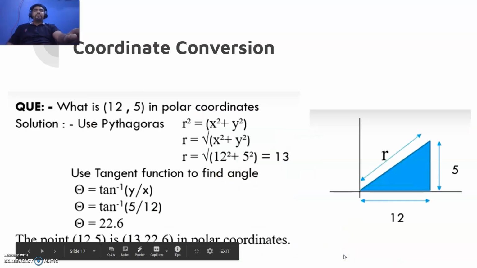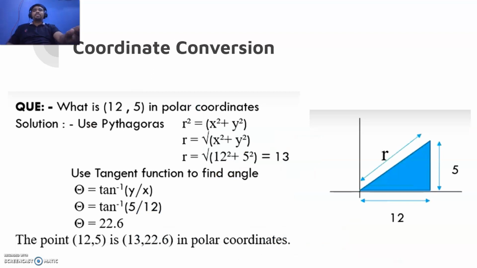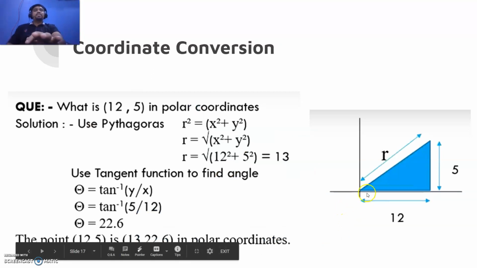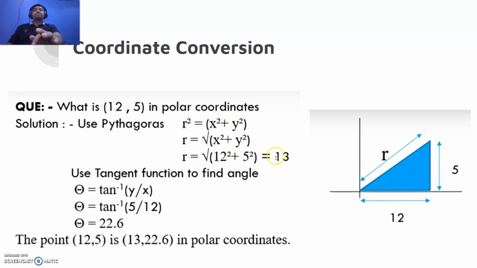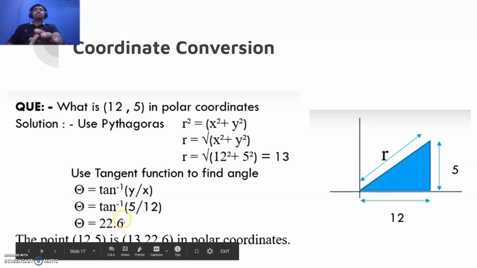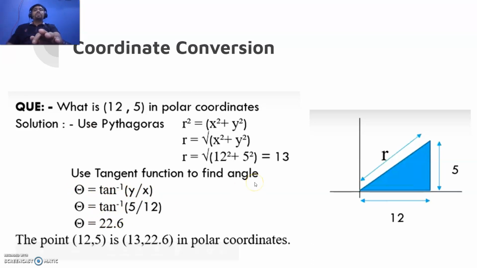So let's proceed and understand this example. You clearly see that you have the x-axis and the y-axis, x is 12, y is 5, and just using x and y, you get the value of r, which is equal to 13. Similarly, to get theta, I just use tan inverse of y by x, and you can see the theta value has come out to be 22.6. So below, the point 12 comma 5 is represented as 13 comma 22.6, where 13 is the radial distance and the angle is 22.6 degrees that it makes with the x-axis.